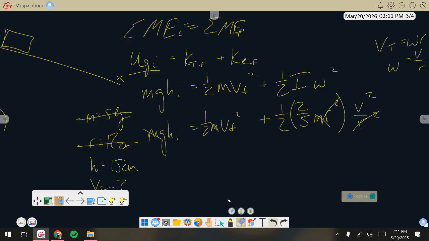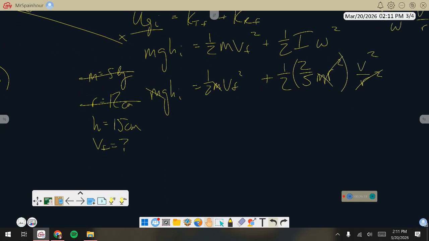So here we go, just doing the math to simplify, and we're all done. What we have here is GHI is equal to 1/2 VF squared plus, let's simplify over here. How do my fractions simplify? 1/2 times 2/5. Yeah, twos cancel, so 1/5. And if you look at all this stuff canceling over here, the only thing actually left over is 1/5